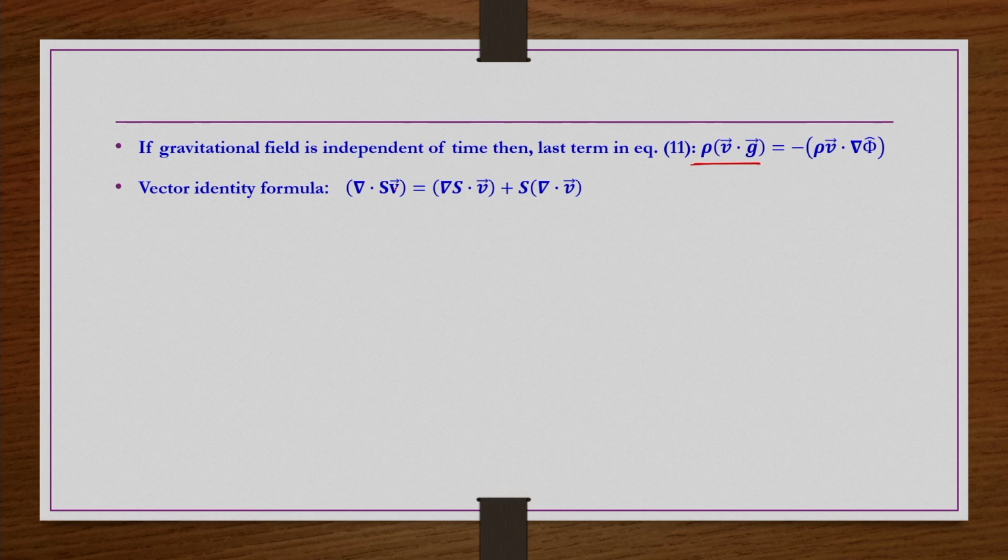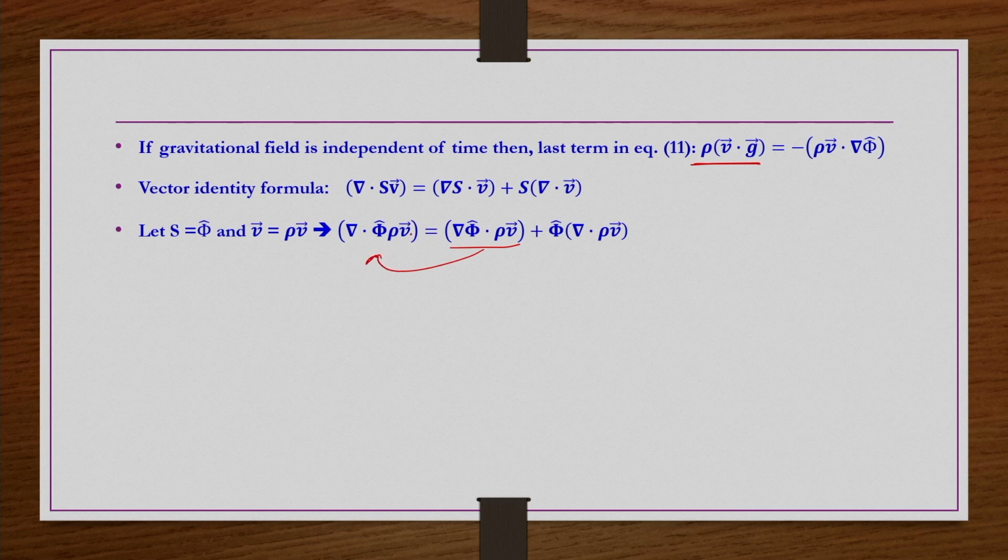We can represent it as del S dot V plus S del dot V. So, let S equal phi tilde and V equal rho V, so that we can write del dot phi tilde rho V equals del phi tilde dot rho V plus phi tilde del dot rho V. Next, I am taking this term to the left hand side and this term to the right hand side, so that I can write